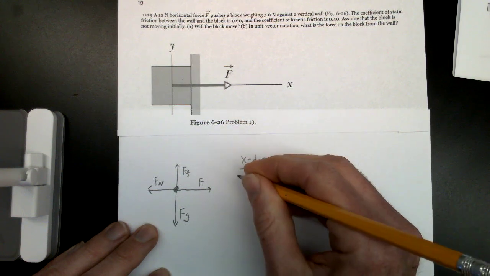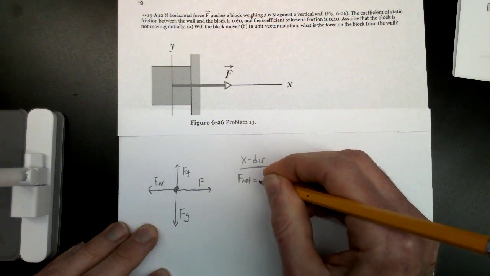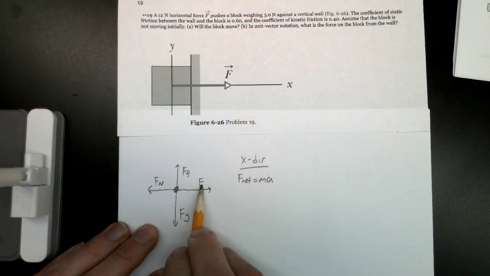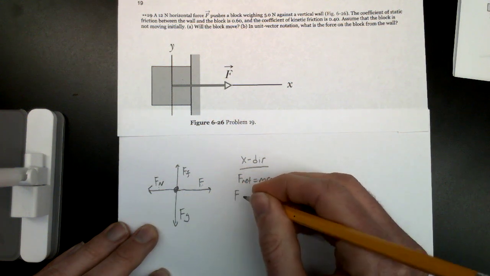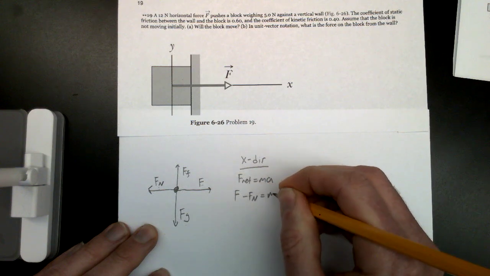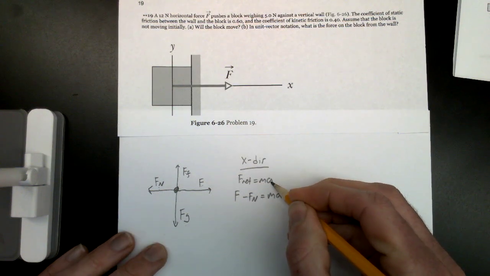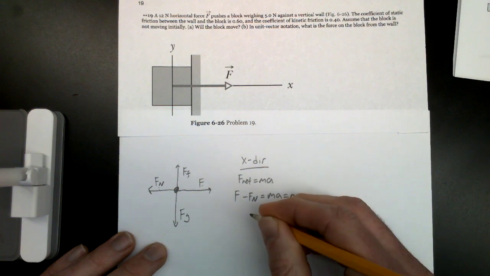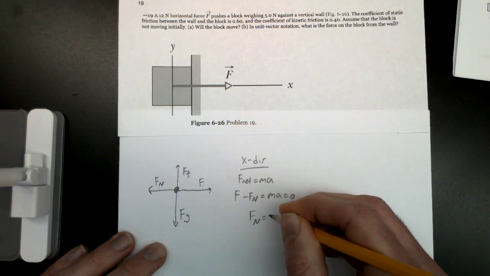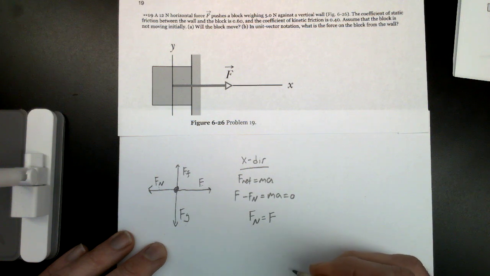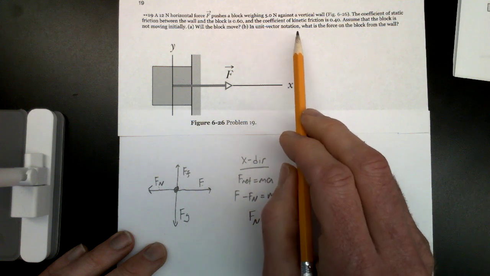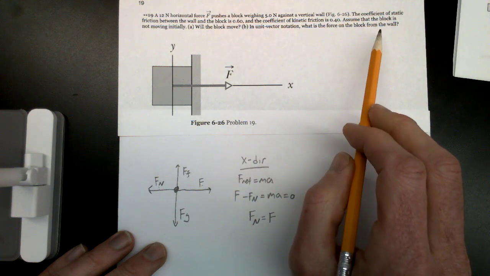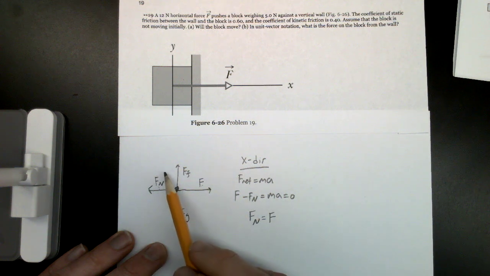So how we usually set this up is just to be very formal about it, and we say, let's start out in the x direction, and we'll write F net equals ma, and I'm going to choose the positive direction to the right, so I'll keep this force as positive and this is negative. F minus Fn equals ma. I know that there's no acceleration in this direction, so this is going to be 0. So I know that my normal force has got to equal the applied force up there. So that's kind of the answer to part B up here. In unit vector notation, what's the force on the block from the wall? Well, it's going to be the exact opposite of what the normal force is,